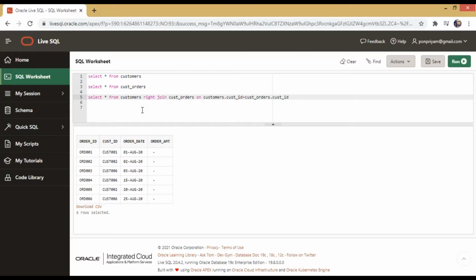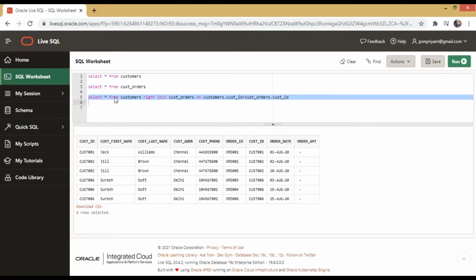In this case, in right join, all the records from the second table will get displayed irrespective of whether you have a corresponding row for the first table. If there is a corresponding row, then that will get displayed. If not, a null will be passed on for those attributes. So now let us check these tables and see how it executes.